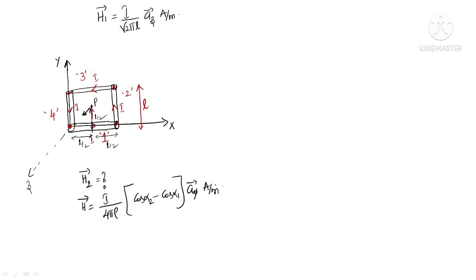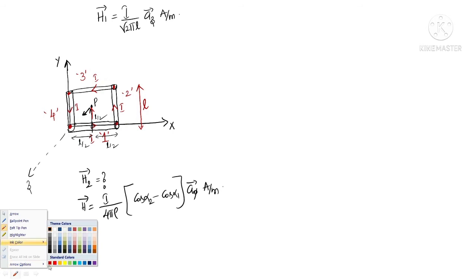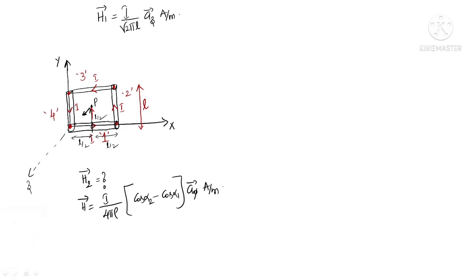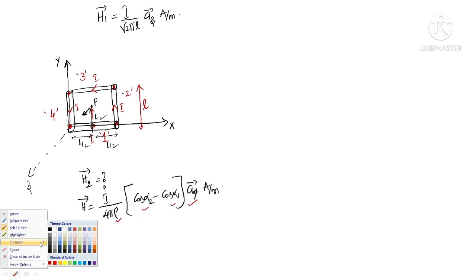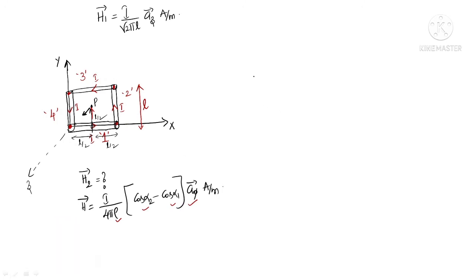Now how can I find cos alpha 2 and cos alpha 1 and rho value, a phi bar? These are the 4 things which we need to find for this particular second side. Rho, cos alpha 2, cos alpha 1, a phi bar. How can I find it? Based upon the orientation of the conductor as well as the point of interest. How is the second side?